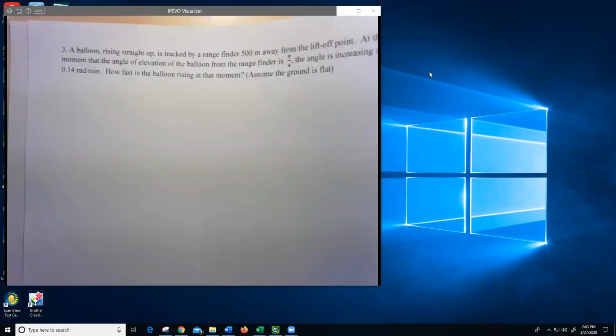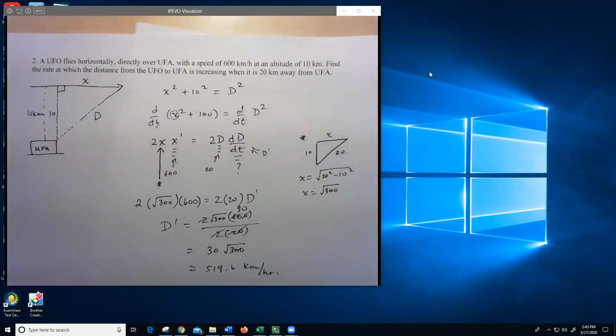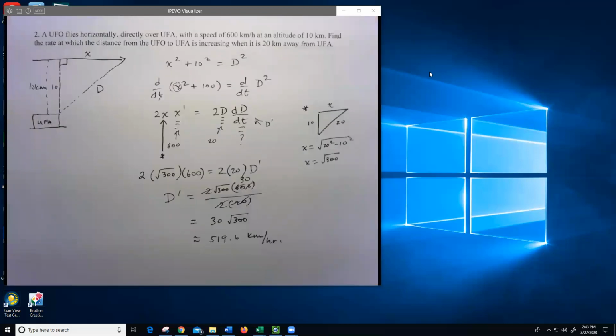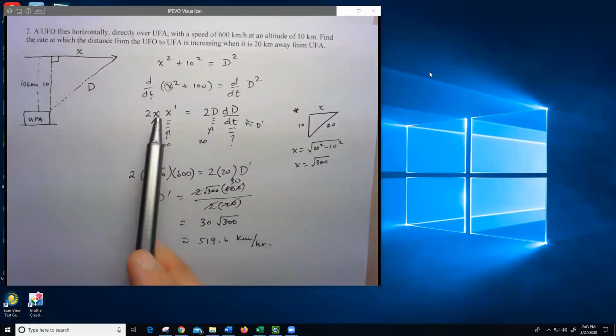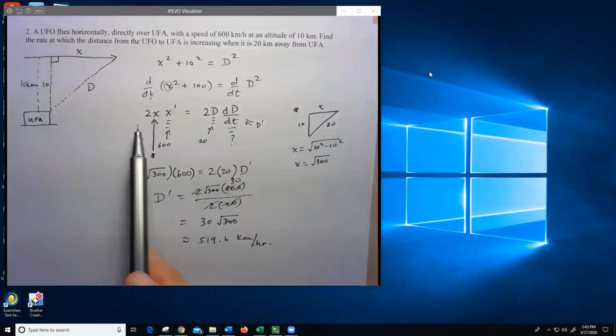Let's take a look. Oh, sorry, let me go back. I see Jacob's asking, could it be solved without the 20 kilometers? No, okay? Because in the end, look at everything that we had once we